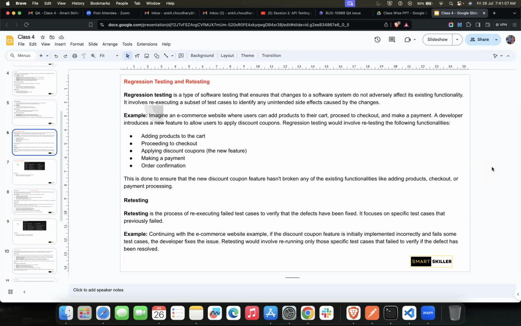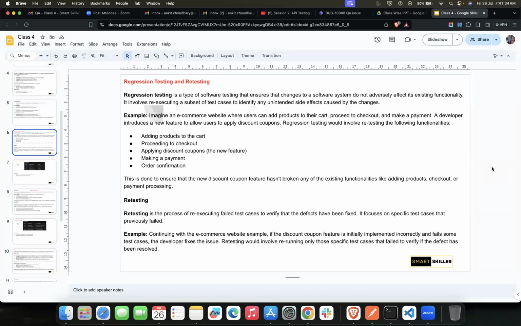So it goes side by side, regression and retesting? No, it does not go side by side. We just retest the failed test cases. They come one after the other. Whatever failed test cases were generated when the regression testing was done, after that we do the retesting on the failed test cases.